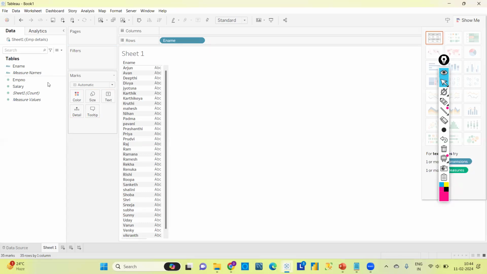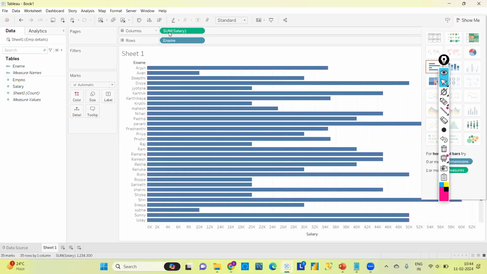Okay. Now let me select salary. Let me drag and drop salary to the columns. You can see many graphs are enabled now, right? So for this data, whatever charts are enabled are applicable. And again, you may get one doubt, right? How are we able to know whether to drag the column to rows or columns?